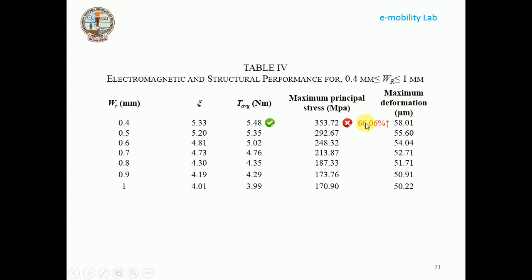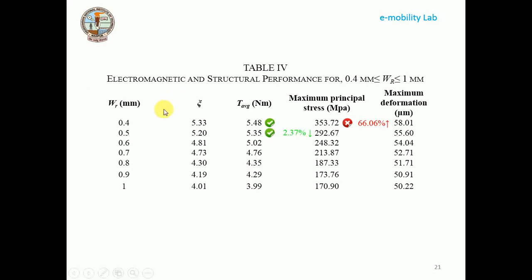All these parameters are taken at a speed of 6000 rpm, not at the base speed. My motor base speed is 1500 rpm. I am just talking about the flux weakening region where the speed is much higher, the constant power zone. I am not interested in the constant torque zone. For an electric vehicle, we should have better criteria in the constant power zone.